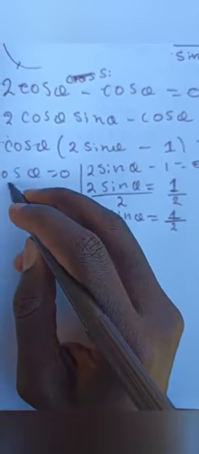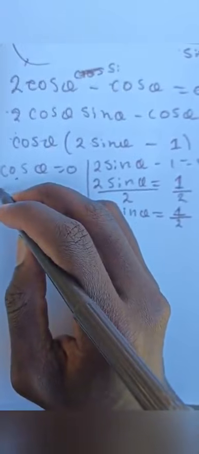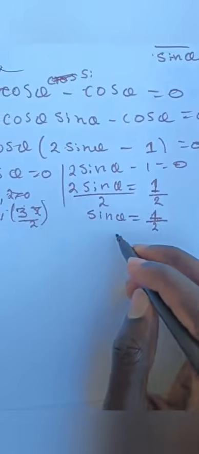So when does cos give us 0? Cos gives us 0 when we have 90 degrees, which is pi over 2, and when we have 270 degrees. Since you have to present your answers in radians, this is 3 pi over 2. Okay, and then here,